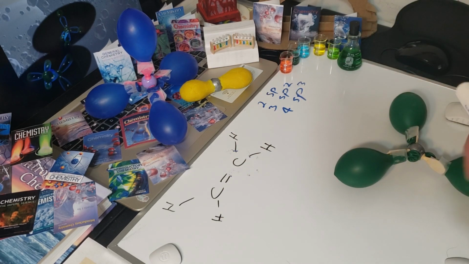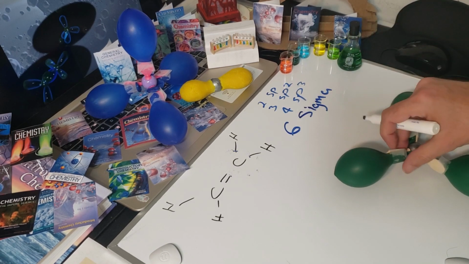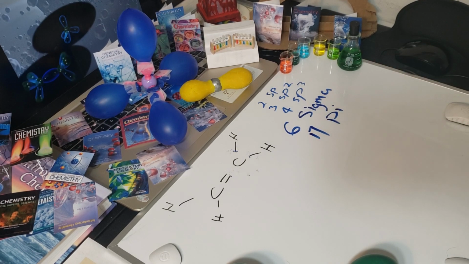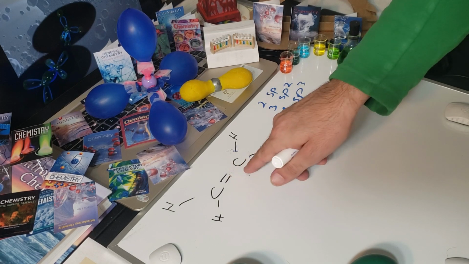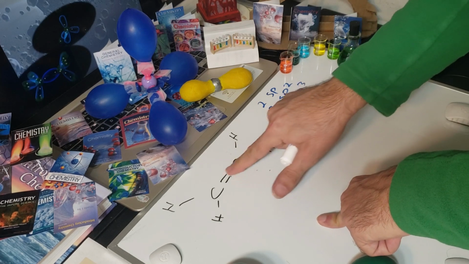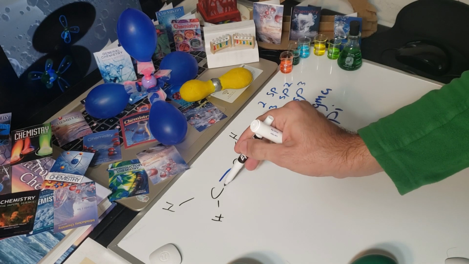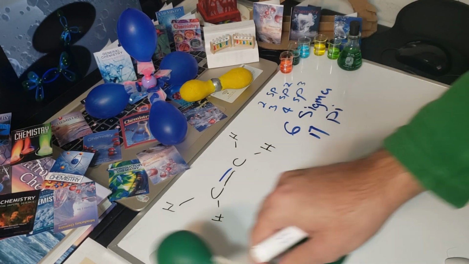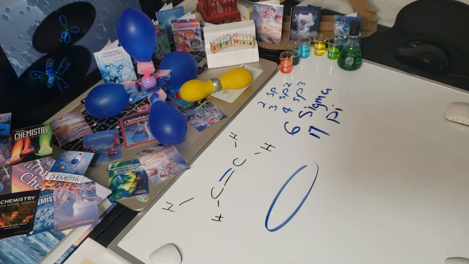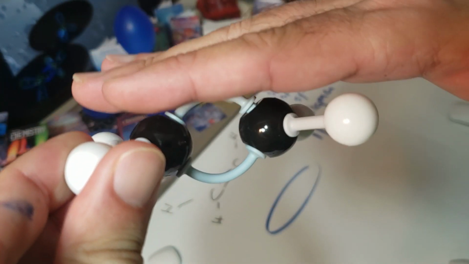Okay, we have two types of bonds: sigma, which is written like this in Greek, and pi, which is written like this in Greek as well. And a pi bond is either the second bond in a double bond or the second and third bond in a triple bond. So this bond here is a pi bond. Let's talk about the shape. I have a model of ethylene. If you assume the molecule is in a plane,